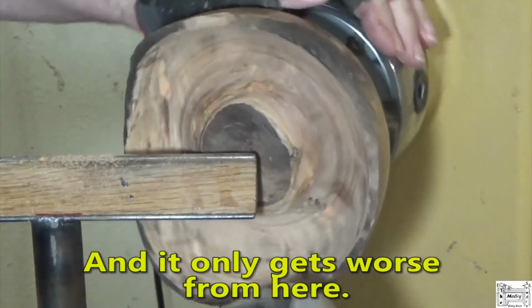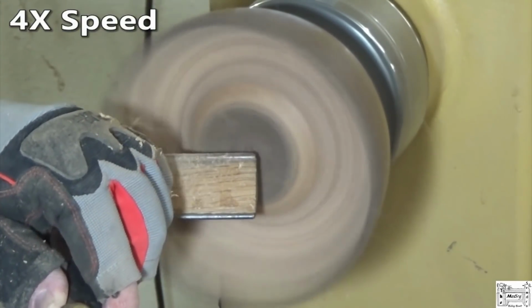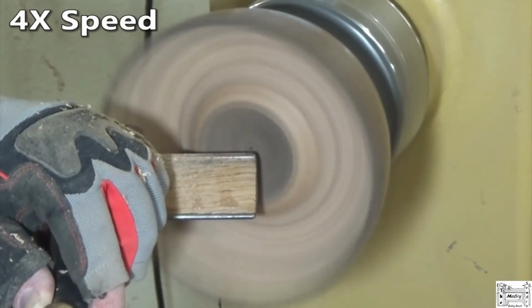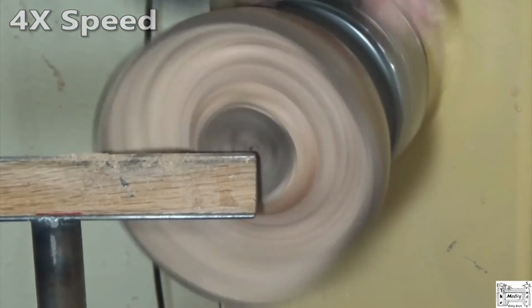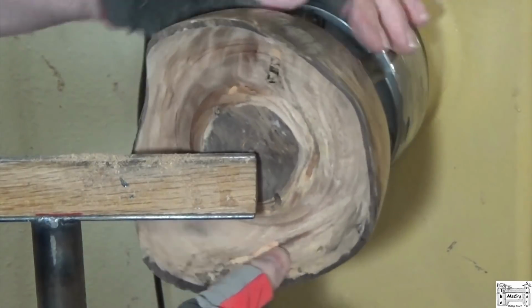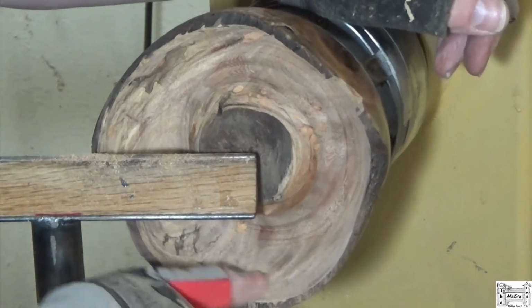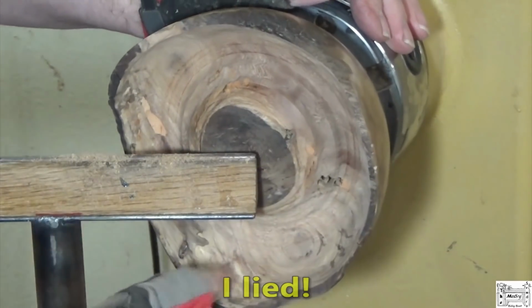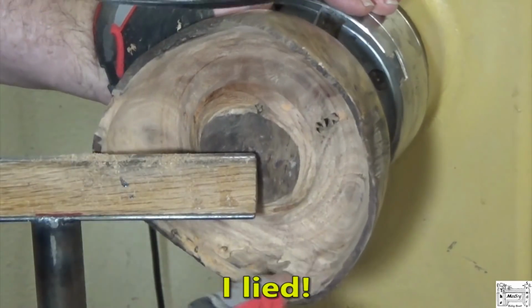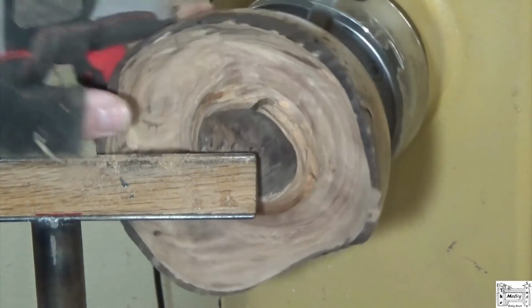Crap. Alright, that cleaned it up some. Good. Now, other than sandpaper, I won't come back out here to this at all. I'm less than 1/8 of an inch, which is really too thin for my normal liking, but